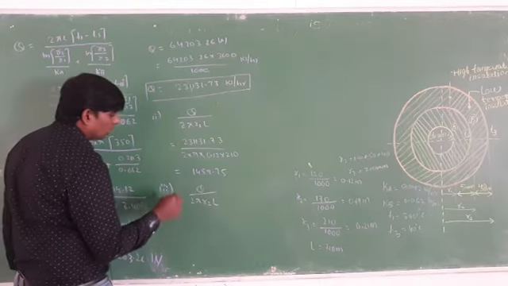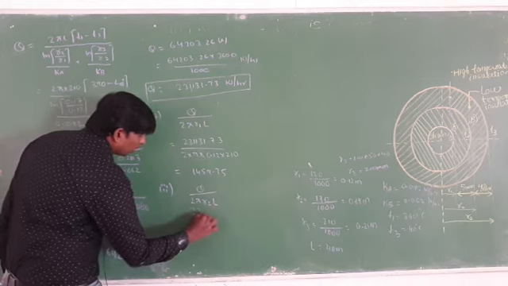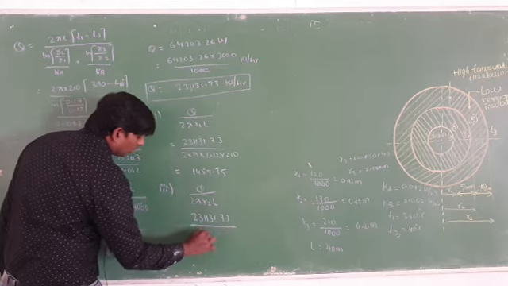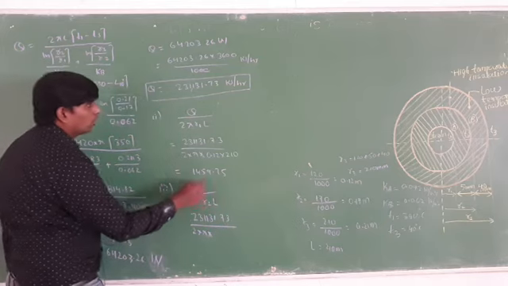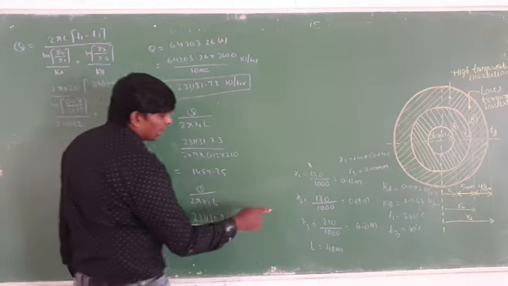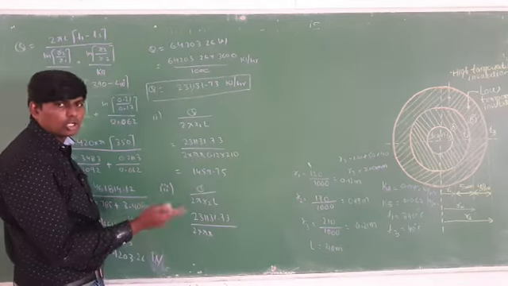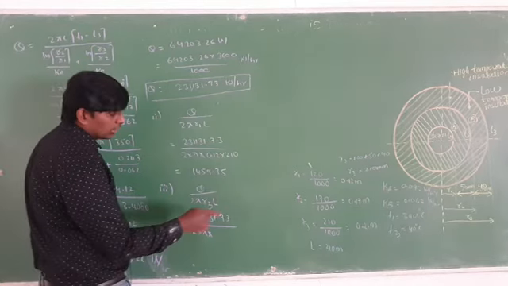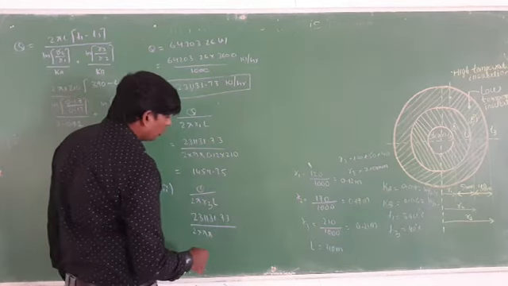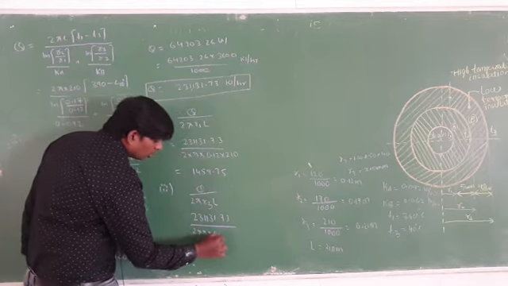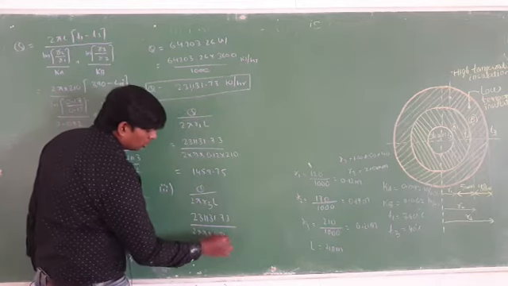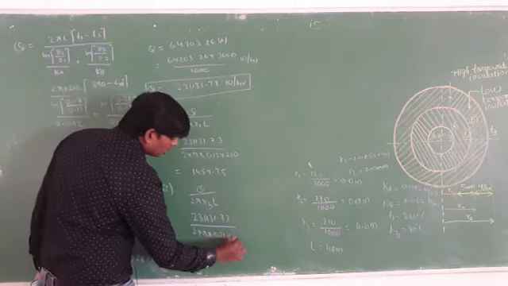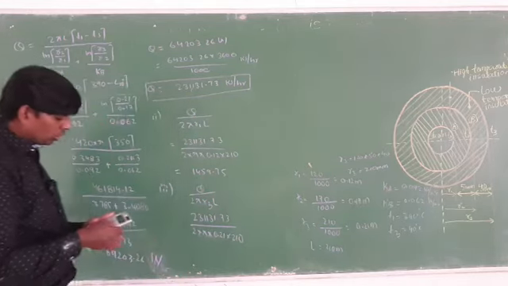So here you have to take the value of Q. How much is it given? 231131.73 divided by 2, write down as it is, pi, write down as it is. R2 value, how much is there? You have to take the outer one, R3. Outer one is the R3. So R3 value is equal to 0.21, into length. Length is equal to 210.